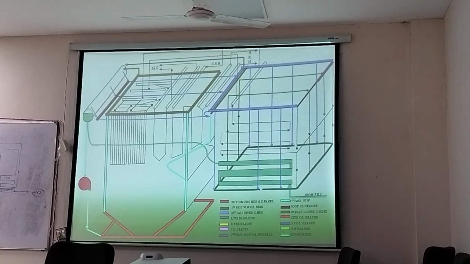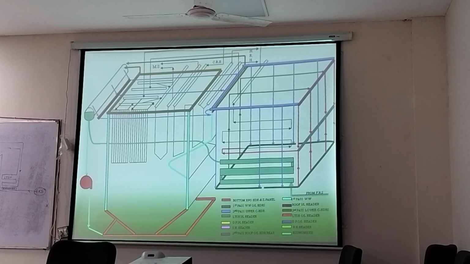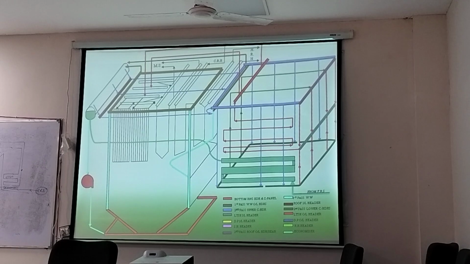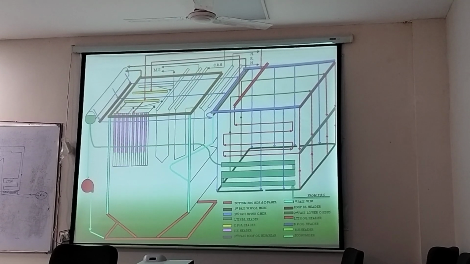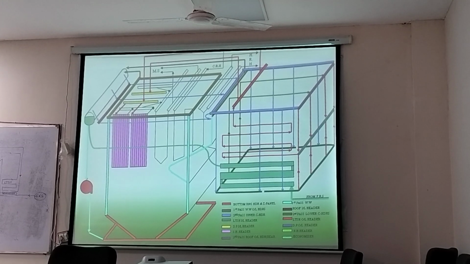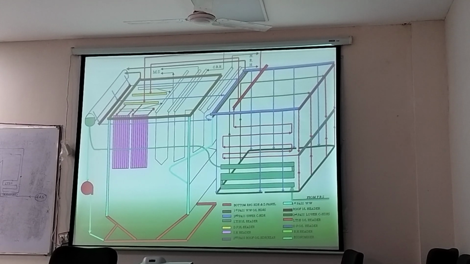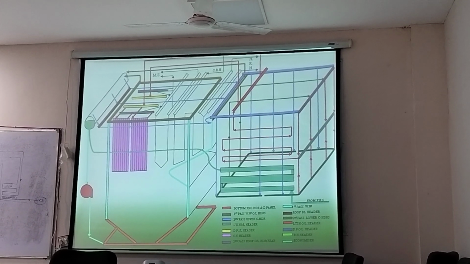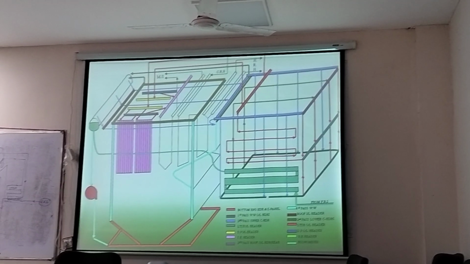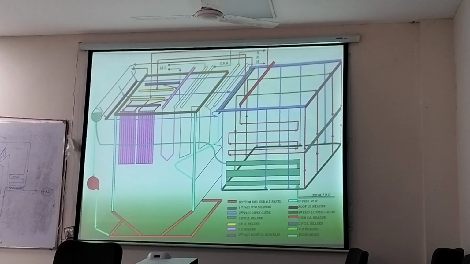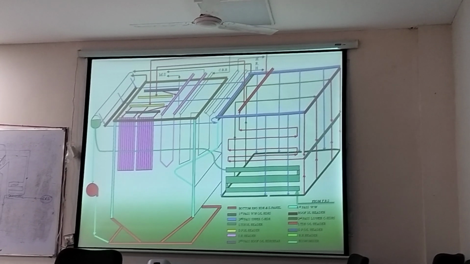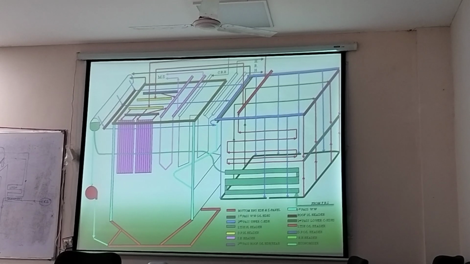secondary superheater, primary platen superheater. So from here, this is going to the primary platen superheater. This is your platen superheater. There it is getting heated, and after heating, there may be a requirement of spray water control in between. So doing that, from there it is going to the final superheater, the final superheater inlet header and outlet header. From there to the main steam line it is going.